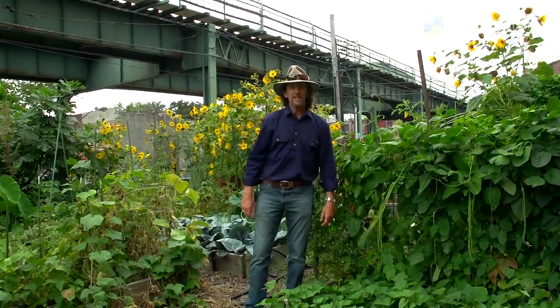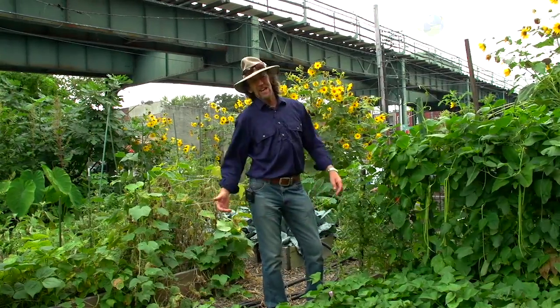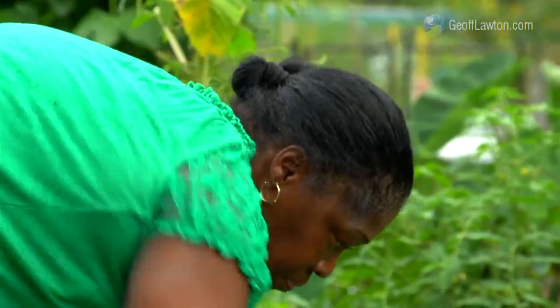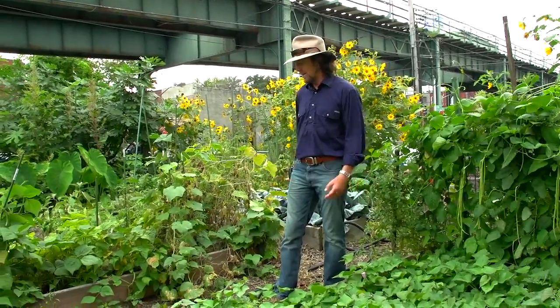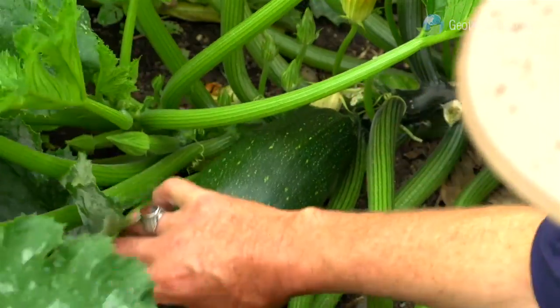Here are snake beans. I'm in a busy part of Brooklyn, East Brooklyn, and it's like I'm in a Jamaican garden. A lot of the people here are from the Caribbean, and there's all kinds of tropical crops that people want to grow because they want to eat it, and they've found a way to grow it. They're getting it in early in the season. They got good compost, they got good systems,